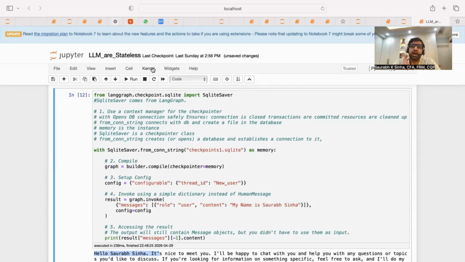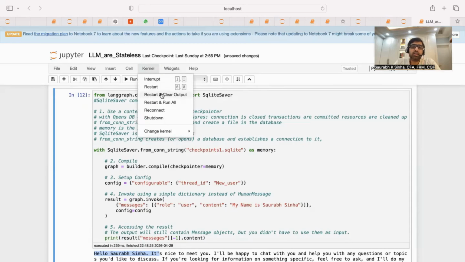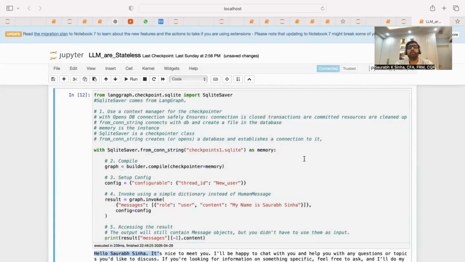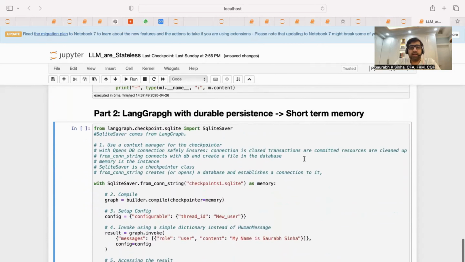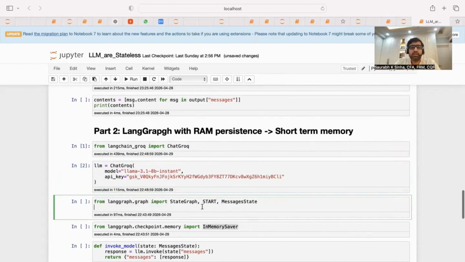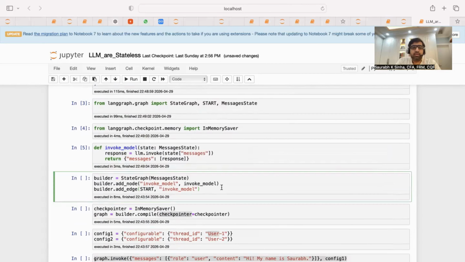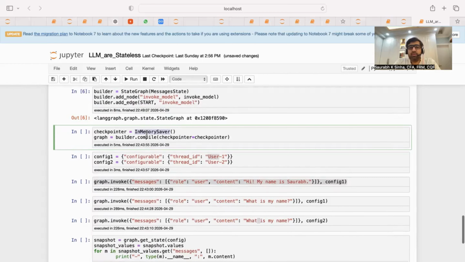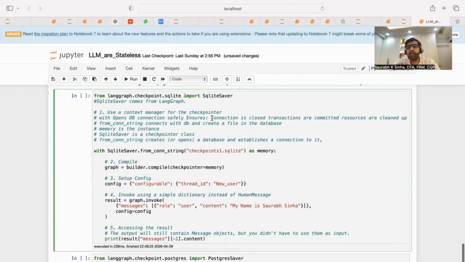Will this application remember my name or not? So let's restart the kernel. Okay, definitely before running this, I need to build my state nodes, right? Now, I'm not using InMemorySaver. I'm directly going to SQLiteSaver and the object related to SQLiteSaver. Perfect. Now, our expectation is that in the last conversation, before we reset the kernel, we already provided the information that